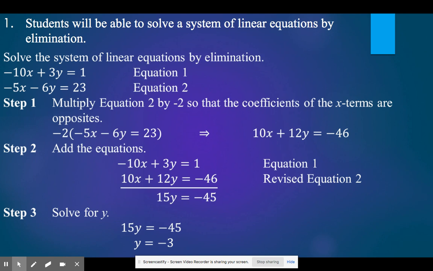Step 1, multiply equation 2. So again, we need to make one of our coefficients the same because they're not yet. So multiply equation 2 by negative 2 so that the coefficients of the x terms are opposites. You could have picked y to eliminate, but let's just work with x. So negative 2 times negative 5x is going to give you a positive 10x. Negative 2 times negative 6y will give you a positive 12y. And negative 2 times 23 will give you a negative 46. All right, and then you just do the exact same process as that last question to find your x and y. Let me know if you have